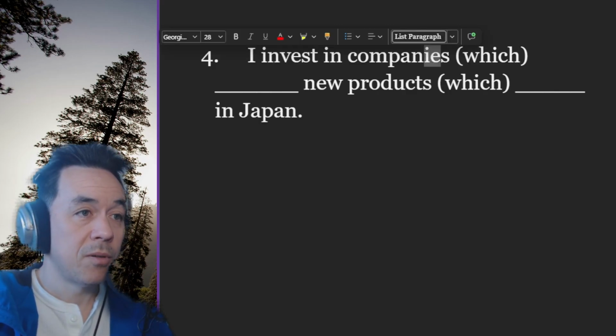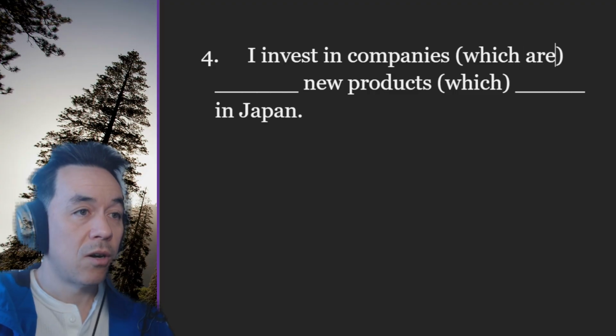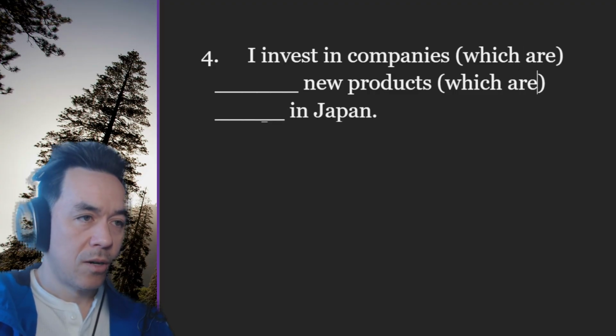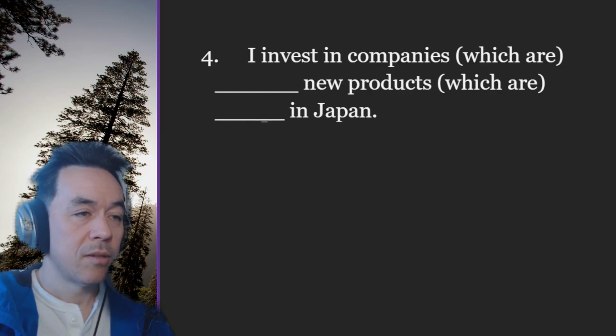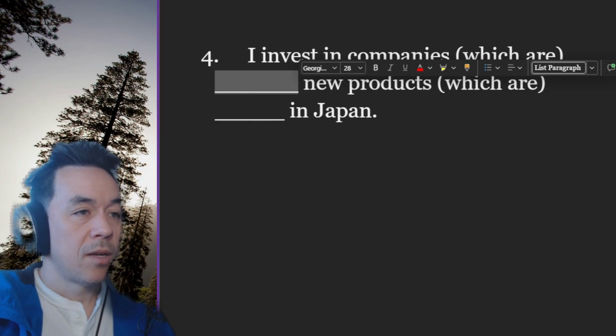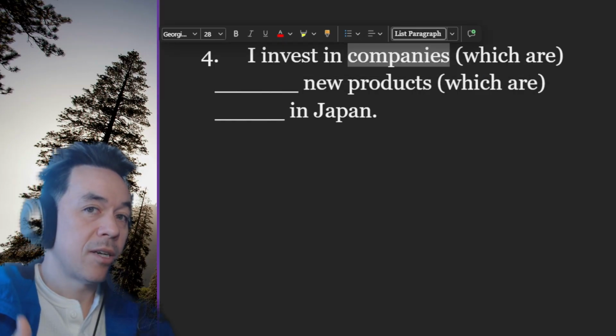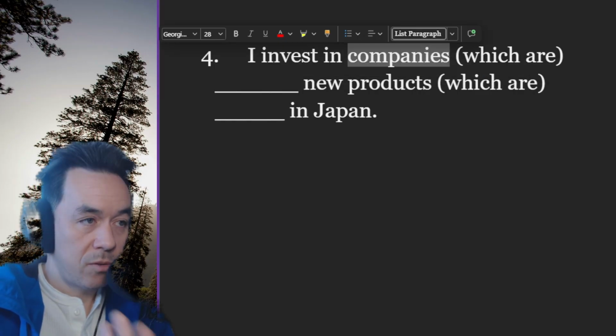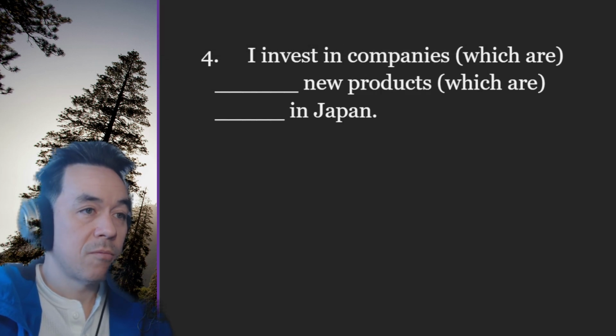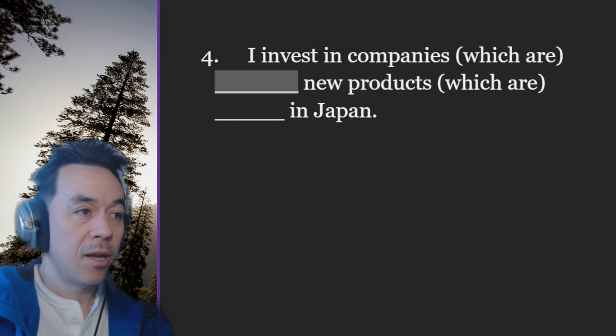So companies is plural, so say "which are." We're going to have these both be present tense. Companies which are, so we know the company is the actor, the company doing something, and then the result is products, which are, the answer is, how about,